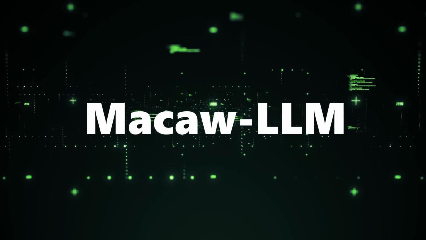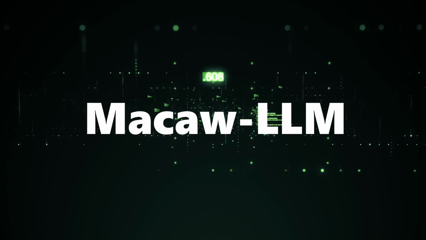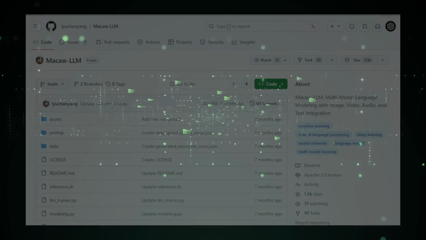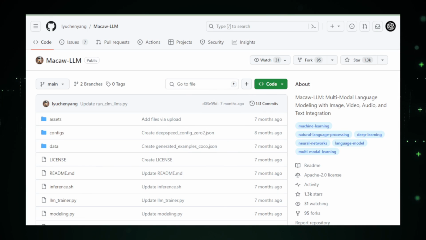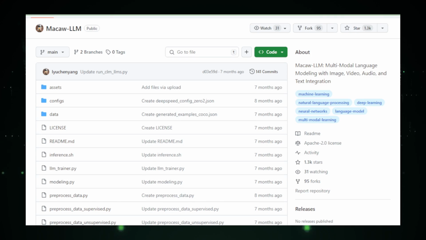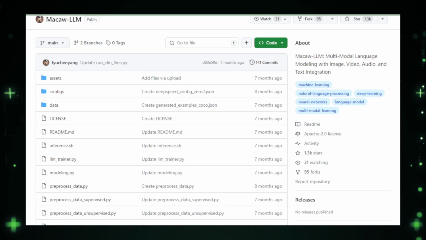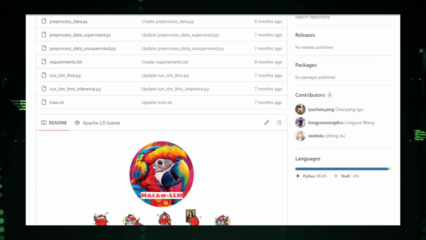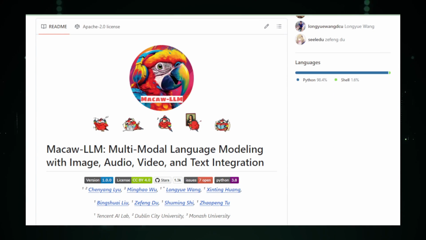Project number 2, Macau LM. Now, let's explore Macau LM, a pioneering multimodal language model that's expanding the boundaries of AI capabilities. Macau LM is unique in its ability to understand and process a diverse range of data types, including text, images, audio, and video. Built upon the robust foundations of CLIP, Whisper, and LLama, Macau LM is engineered to perform complex